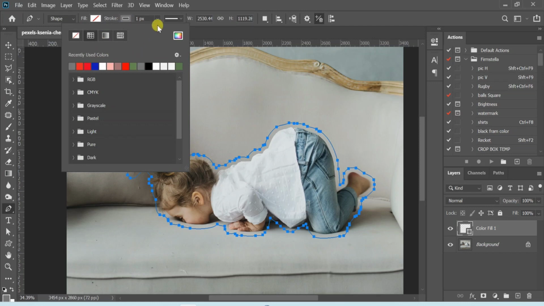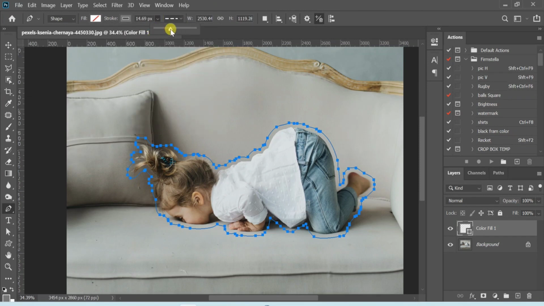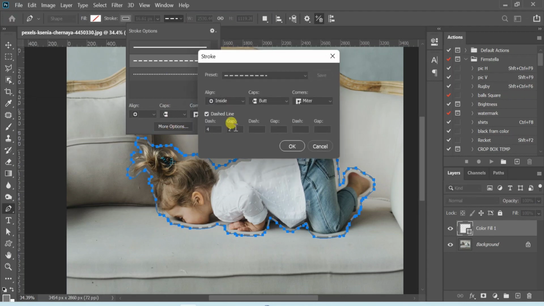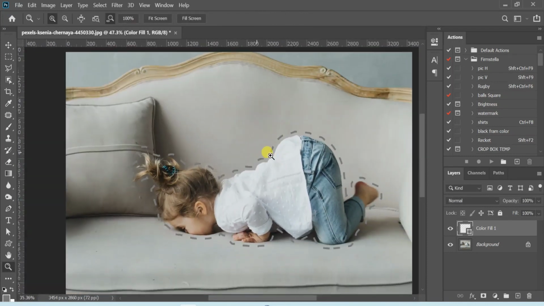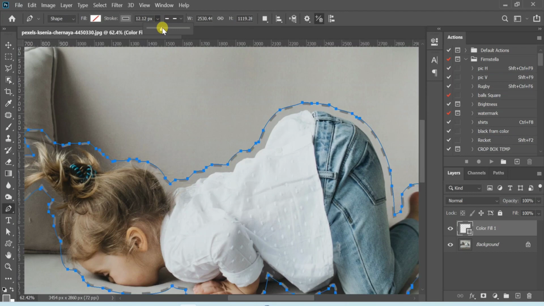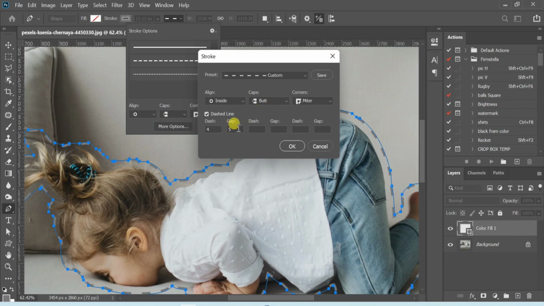for the outline we need some color, style as dashes, and width as required, and then hit the manage option, more options, and set the dashes space and size. As you can see, we have bigger dashes, so we set it again by going to more options. Here you can see more options and set it to 6 or something as you want, then hit OK